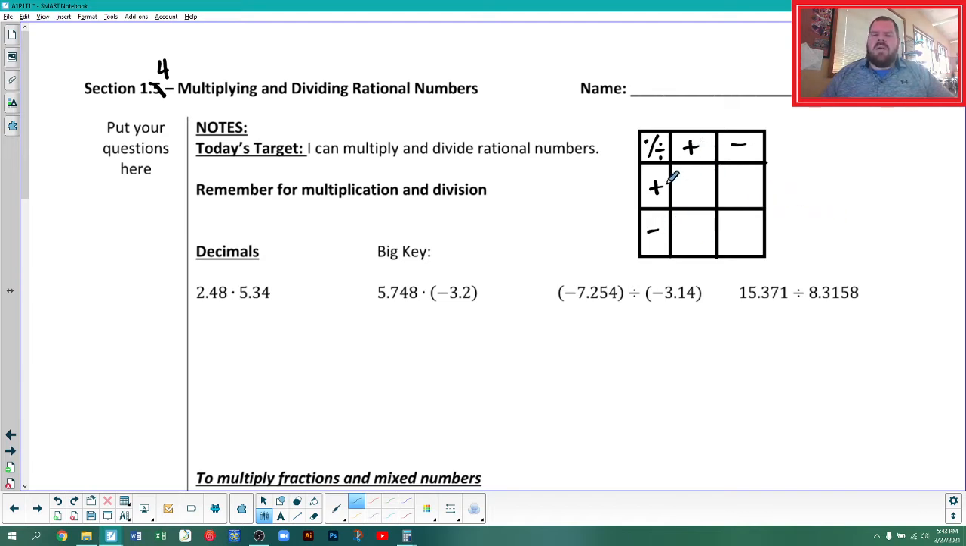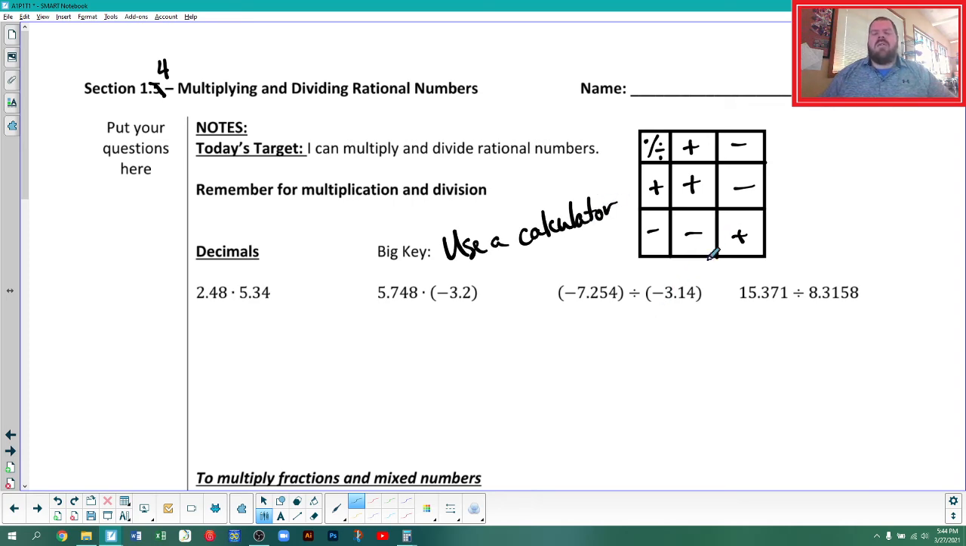Positive multiplied or divided by a positive will be a positive. Positive multiplied or divided by a negative will be a negative. Negative and positive will be negative, and negative and negative will be positive. Okay? And again, if you want to think about the good thing happening to the good person, that's a strategy you can use. For decimals, when it comes to multiplying and dividing, I only have one big key. Use a calculator. As I talked about yesterday,